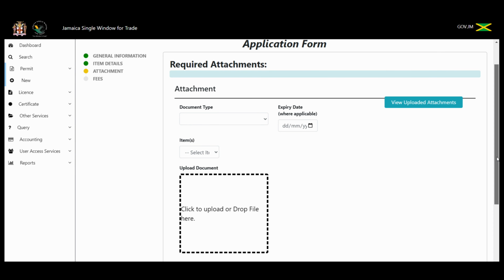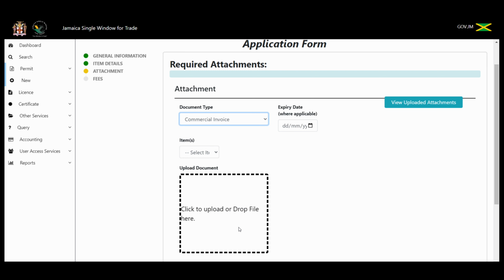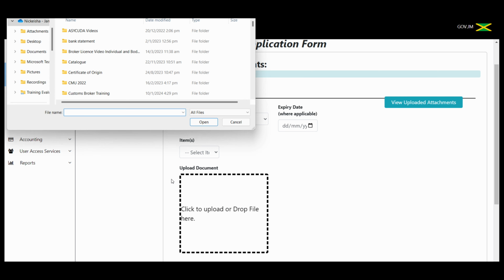In our example, I will upload a commercial invoice. Now, please note if you have service contracts, you must also upload those or any other relevant details for this application. In our example, I'll be uploading a commercial invoice. The first step is to reference the document. What type of document am I uploading? And I select the option Commercial Invoice. Then the next step is to click upload, what the system will do, the system will take me to my computer,